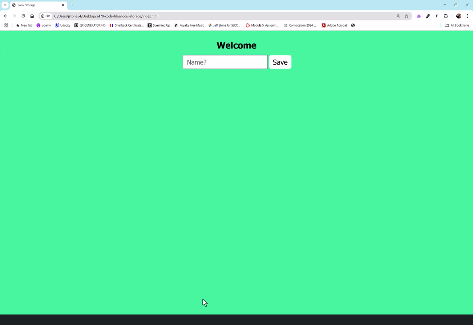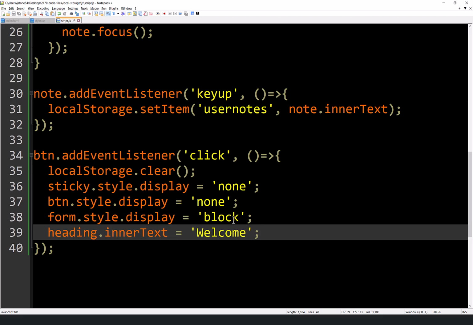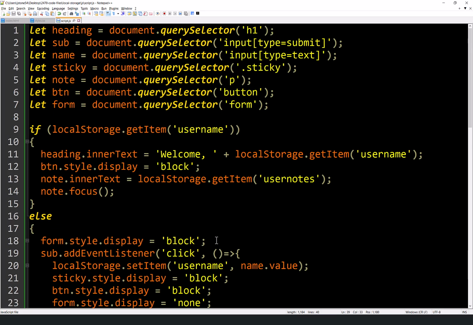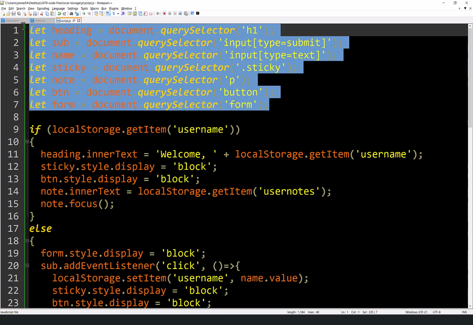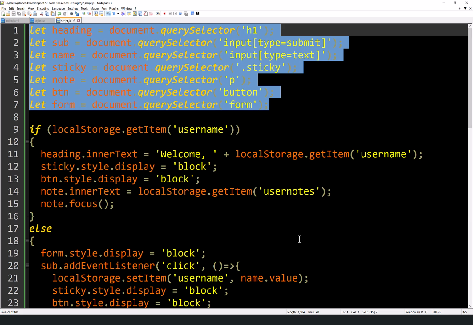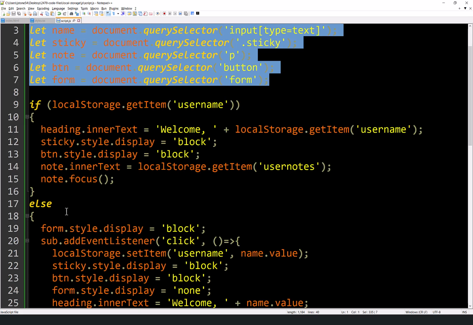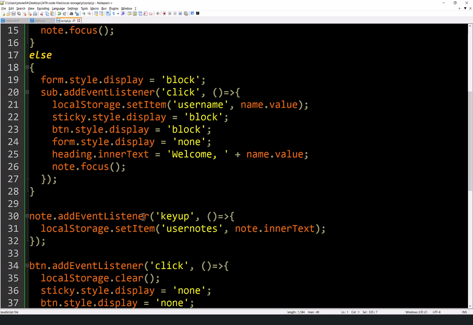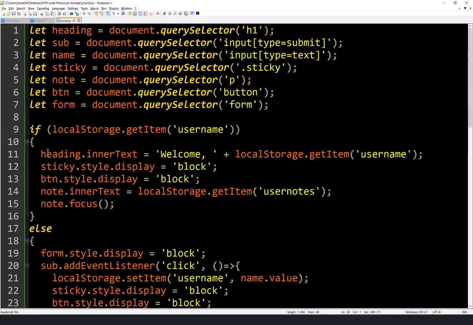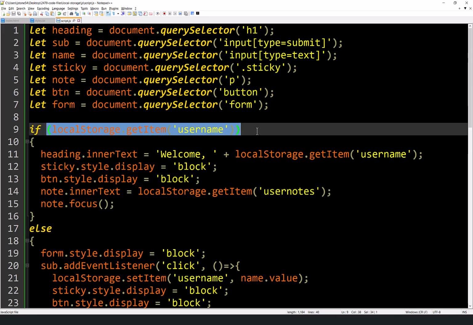That's the entire app. So 40 lines of code for a simple little app here that's not that useful, but it's pretty straightforward. Create all the variables we need to access all of the components in here. That's not super exciting, right? It's pretty standard stuff. Then we just have basically one if statement and a couple of little event handlers, right? The if statement just checks to see if there's something in local storage.